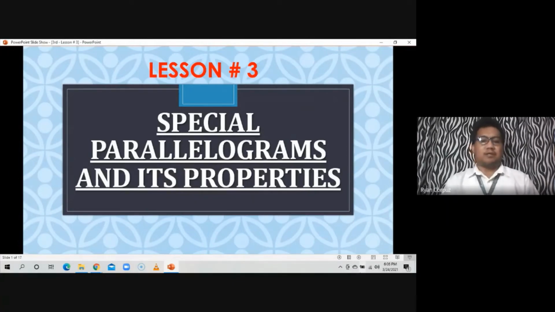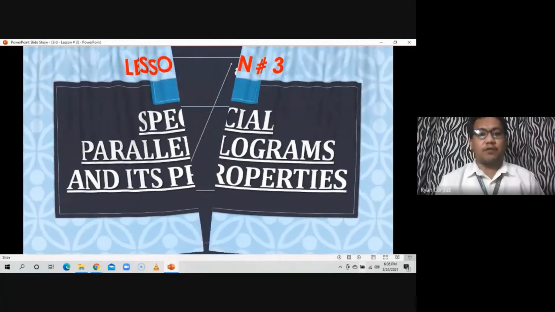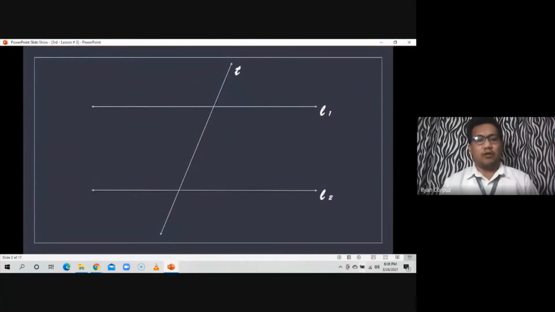properties. So to start with, let us first recall one of your discussion during your grade 8. Because this discussion might help you in order for you to answer some problems which involves quadrilateral or special parallelograms that we are going to discuss today. So we do have here a given line 1 is parallel to line 2 and cut by transversal T. So this is line 1 and line 2. They are parallel to each other, and this is your transversal. So when parallel lines was cut by transversal,